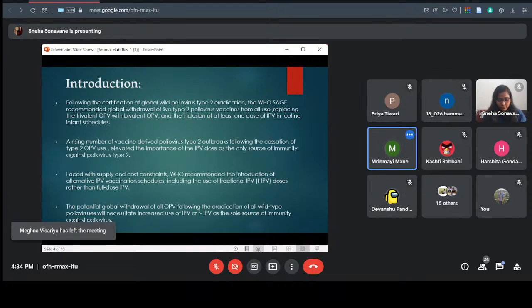So for the control and eradication of poliovirus, the preferred vaccines were trivalent oral polio vaccine, which is a live attenuated type of vaccine, and it contains all three virus serotypes. And along with this, a trivalent injectable polio vaccine, which is an inactivated type of vaccine, was also used in some high-income countries. But following the global eradication of wild poliovirus type 2, the WHO Strategic Advisory Group of Experts